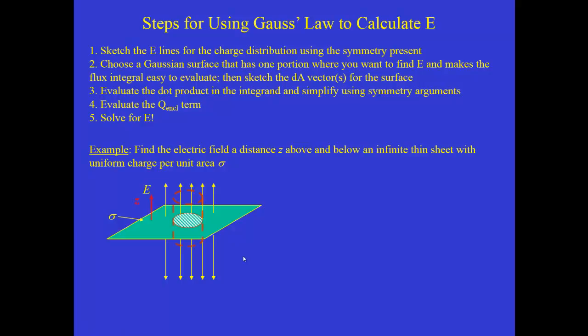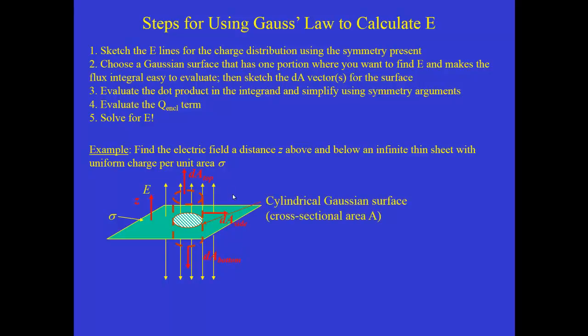So, a cylinder, using some dashed lines here to represent it, a cylinder that has, of course, a circular top and a circular bottom. If the top and the bottom are a distance z above and below the plane, then we can see that the intersection between the cylinder and this plane will be a circular cross-section. So we draw in this cylinder, and you'll notice once we draw in the dA vectors,